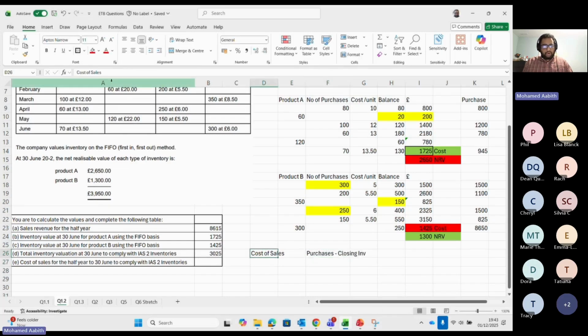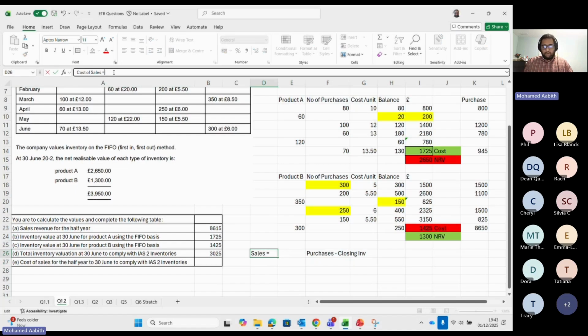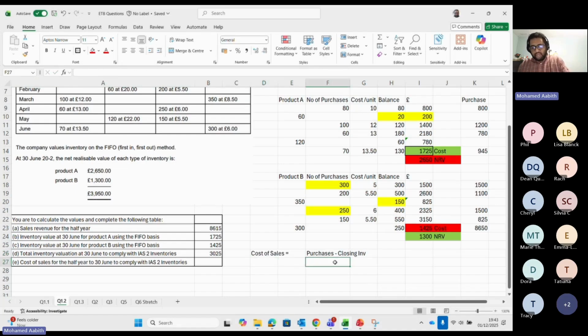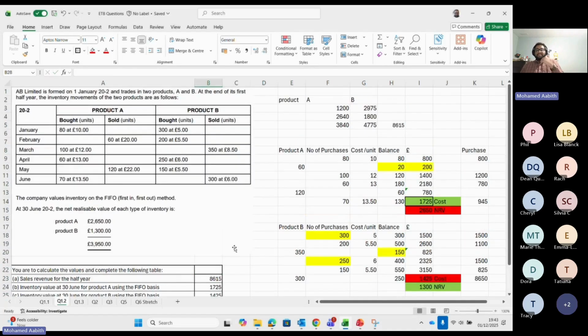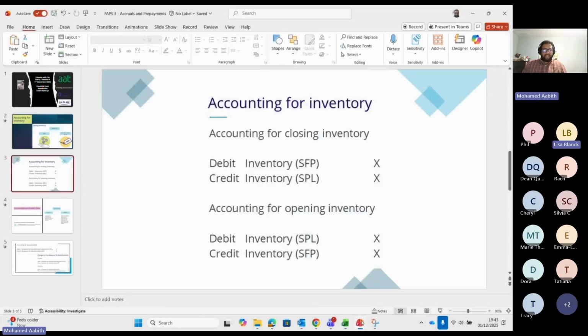yeah, this is what cost of sales is equal to: purchases minus closing inventory. So here, the total purchases minus this closing inventory gives me the cost of sales, a value of 5,625 pounds. Again, guys, this is a very deep question, but I haven't seen this in the real exam. But this is a way the businesses may choose to calculate the inventories. Okay, so one good question out of the way, but now let's look into the next section here, which is